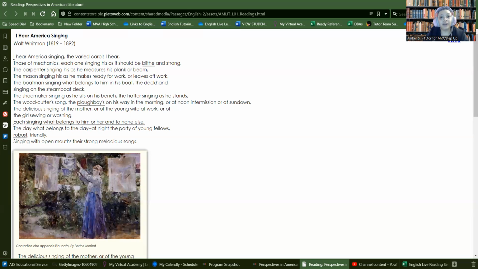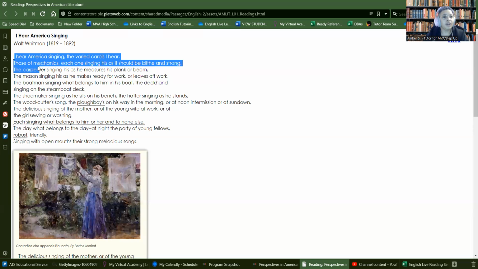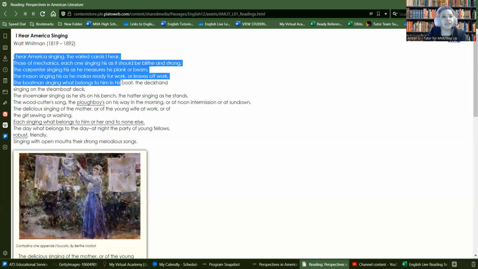This is I Hear America Singing by Walt Whitman. I hear America singing, the varied carols I hear, those of mechanics, each one singing his, as it should be, blithe and strong. The carpenter singing his as he measures his plank or beam, the mason singing his as he makes ready for work or leaves off work, the boatman singing what belongs to him in his boat, the deckhand